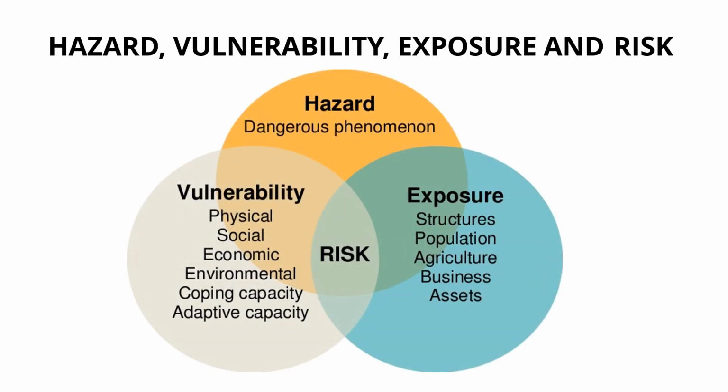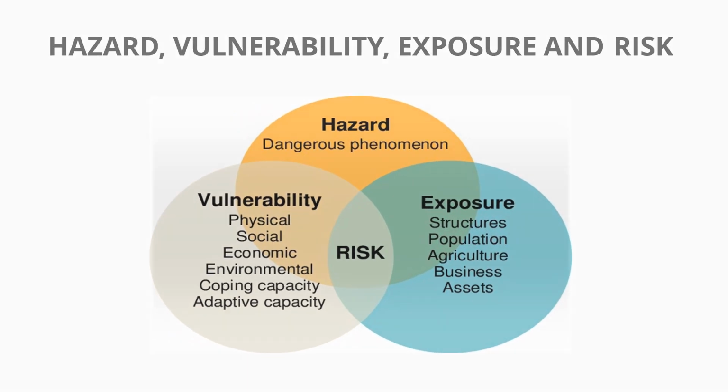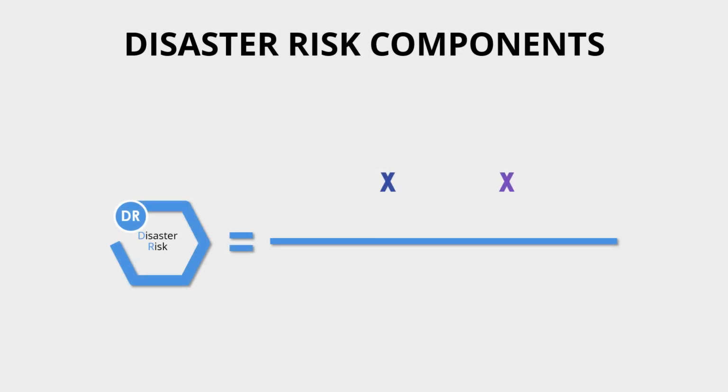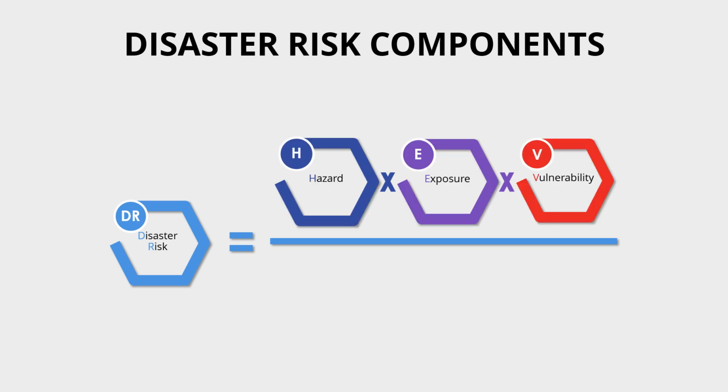So when we're talking about disaster, we need to talk about the risk of disaster. We define disaster risk as the potential loss of life, injury, or destroyed or damaged assets which could occur to a system, society, or community in a specific period of time, determined probabilistically as a function of hazard, exposure, vulnerability, and capacity. As you can see from this diagram, the intersection of hazard, exposure, and vulnerability is your disaster risk. So when we talk about disaster risk, it is often demonstrated as a function of hazard, exposure, vulnerabilities, and capacity. Now let's look into each of them in detail.